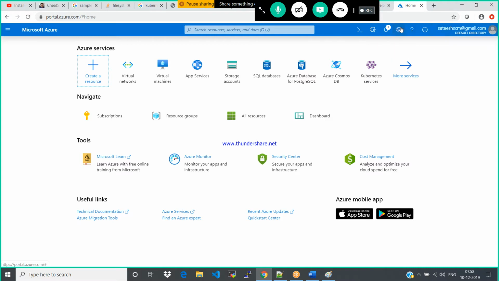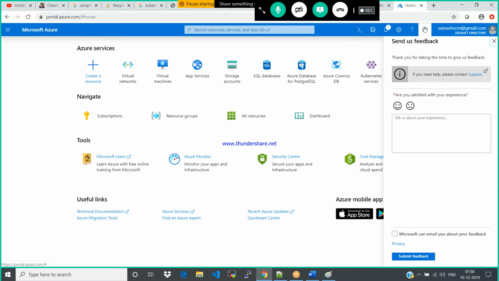Okay, so this is the feedback form. If you feel that Microsoft Azure does not have one particular feature which you are looking for, let's assume that if you compare with the other clouds, you would like to use that particular feature. You can write it to Microsoft: I need this particular service. So if most of the customers are looking for that same feature, they will implement it. This is the feedback form.